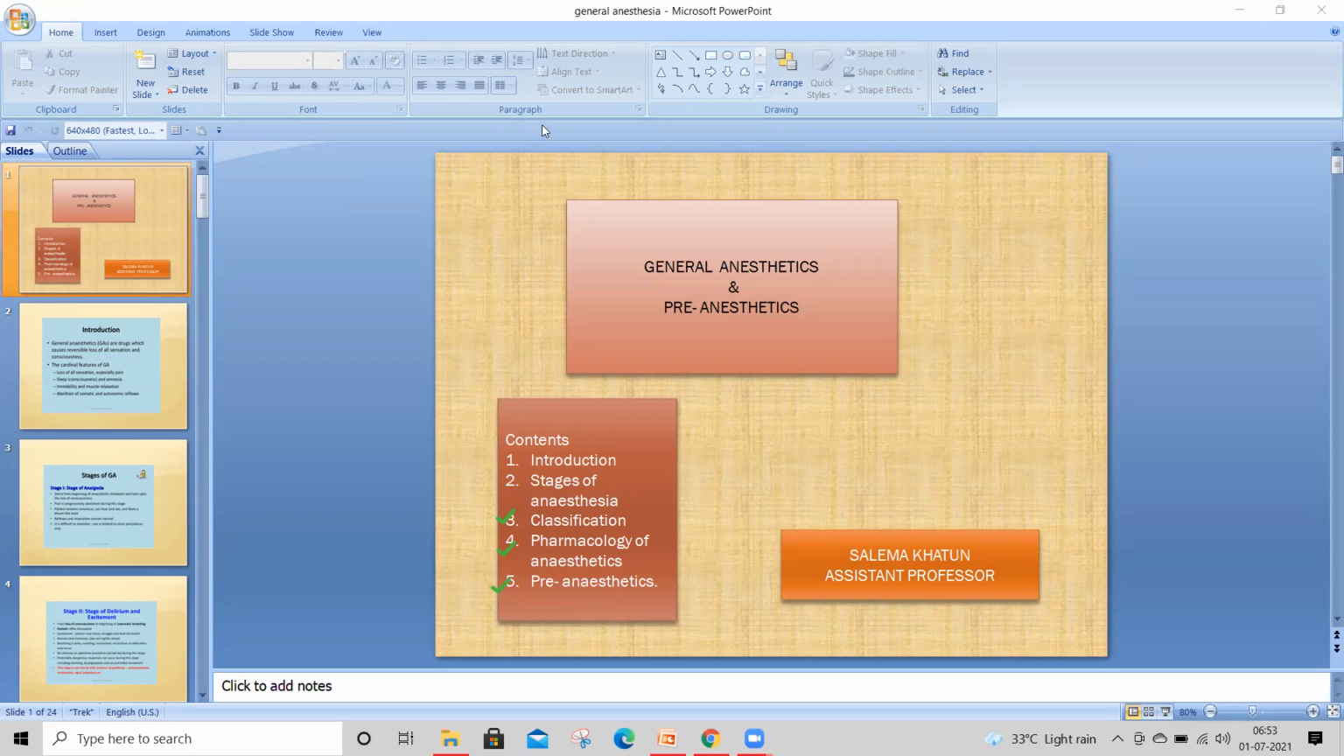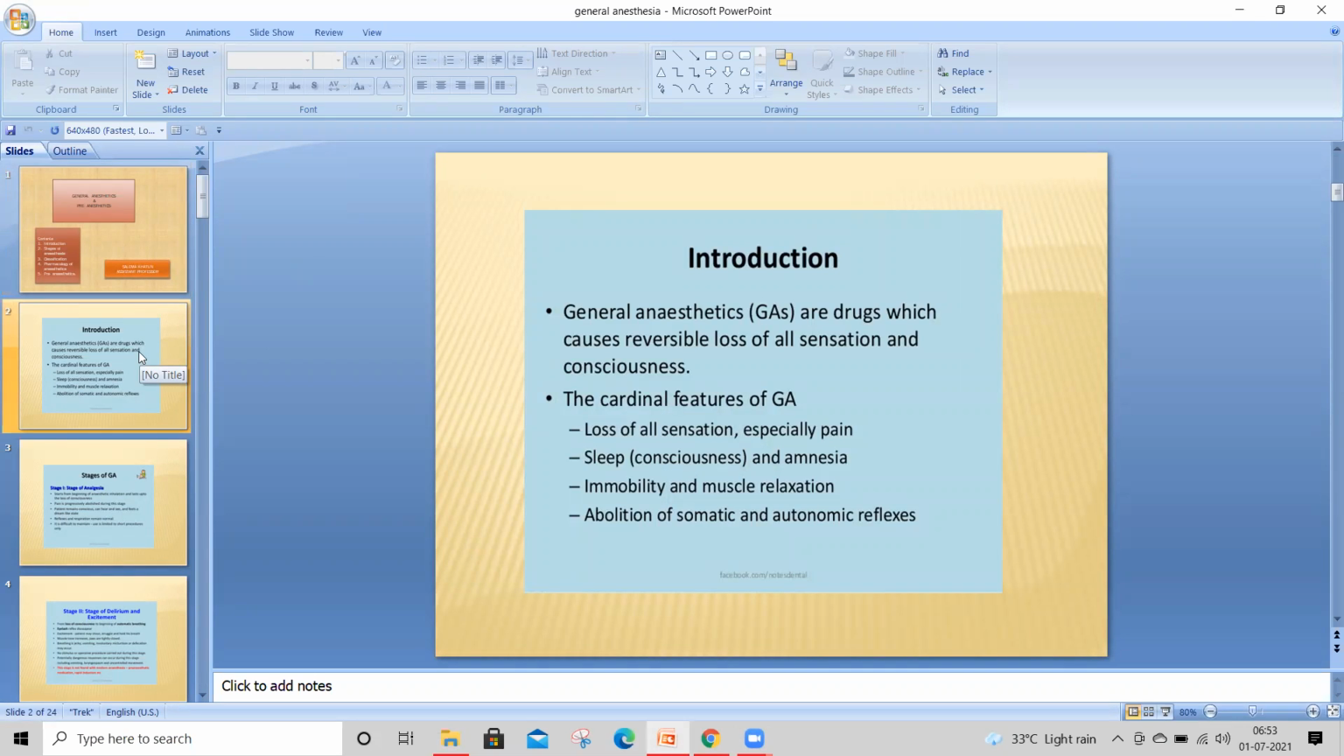And next, you have to know, this is the introduction. You have to know the definition of general anesthetics. And why is it used? General anesthetics is used to cause reversible loss of sensation and consciousness. And the main intention of general anesthetics is to lose all sensation, including pain, especially pain,